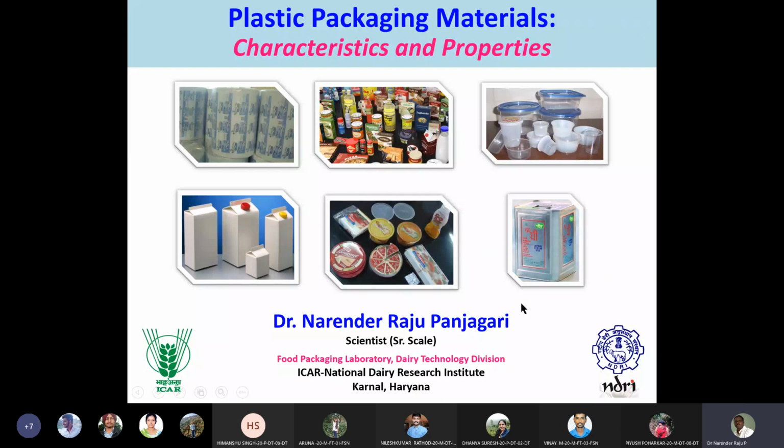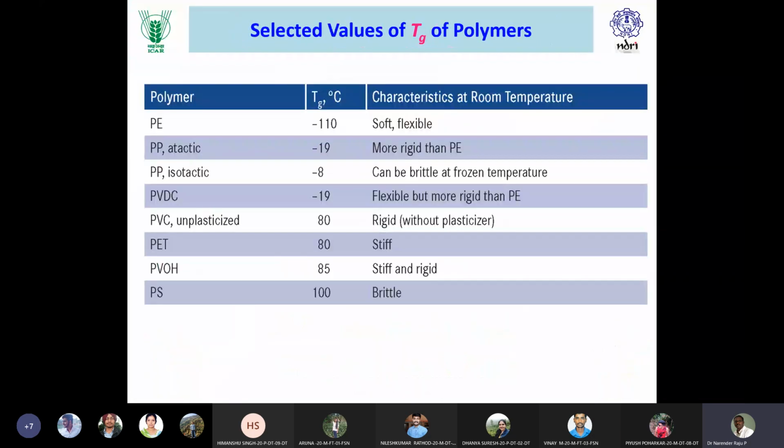Right. In the previous class, we discussed polyethylene. In this session, we'll look at the other plastics. We were discussing the glass transition temperature, and I gave you the glass transition temperature of LDPE in the previous class. This information on your screen will give us an idea of the glass transition temperature of many other commonly used commodity plastics and a couple of specialized plastics.